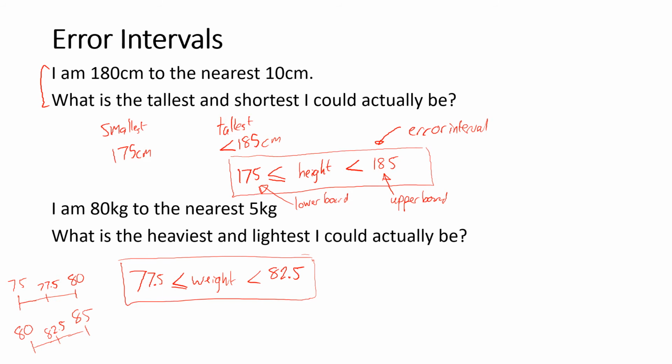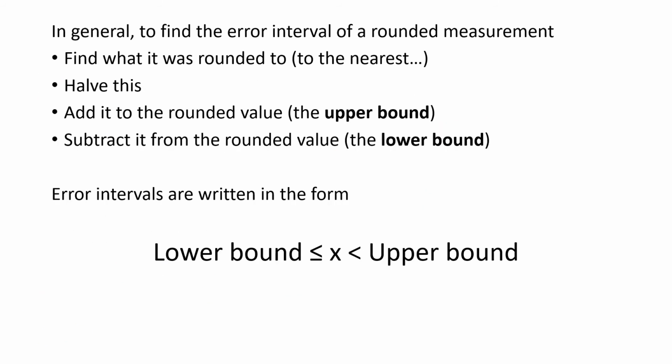And what we want to try and do on the next page is just summarize this and make it a little bit less guesswork. So in general, if we want to find an error interval, then find what it was rounded to. We're going to halve it, add and subtract. So as a quick example, if I say that I've got something which is 90 centimeters to, say, the nearest 5 centimeters,